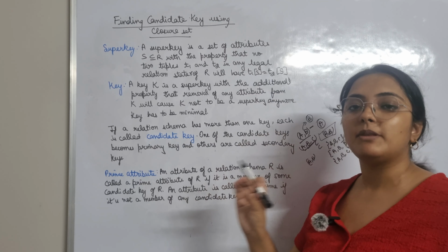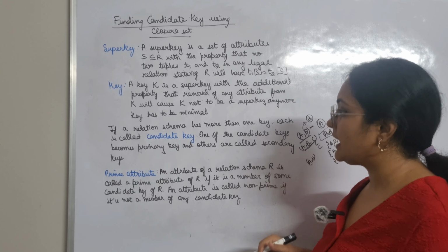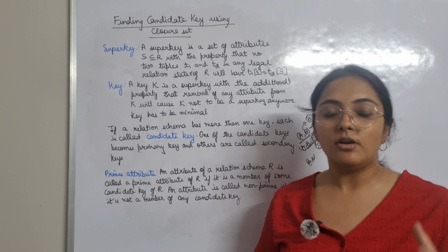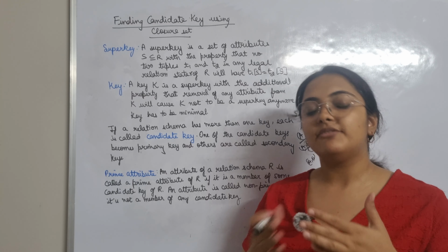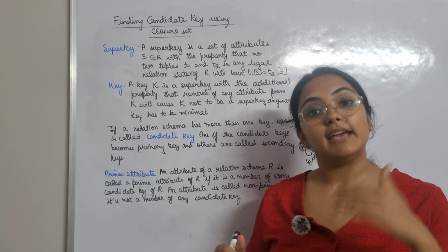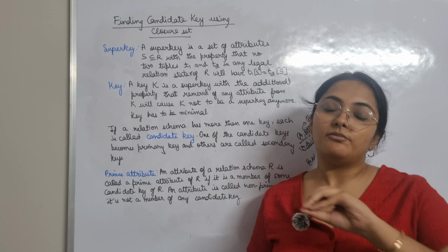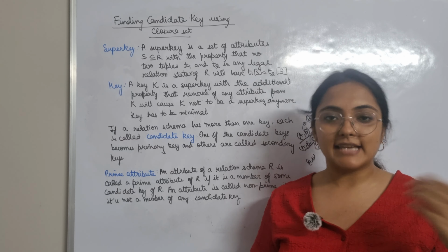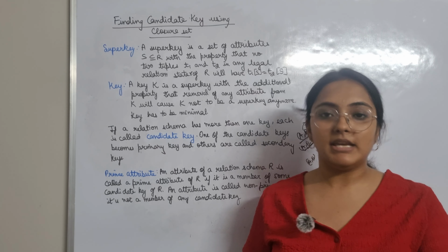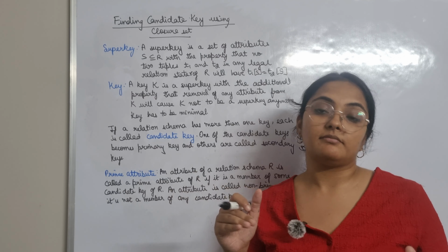Okay, that is the minimum number of attributes that are required to identify each tuple uniquely. Now, what are candidate keys, what are primary keys, and what are secondary keys? For any relation schema, if we have more than one key, then they are called candidate keys. We will designate one of those candidate keys to be the primary key, and the other candidate keys are called secondary keys.